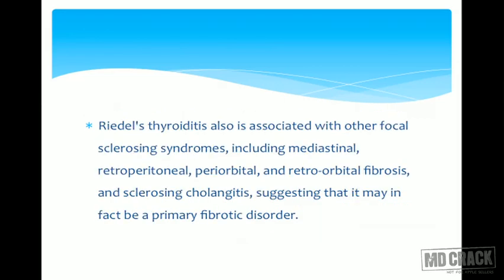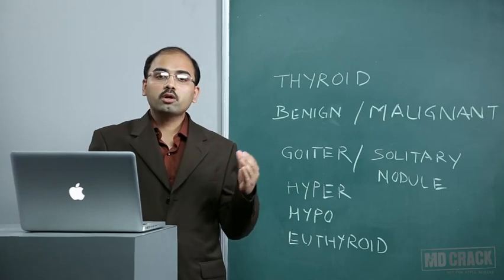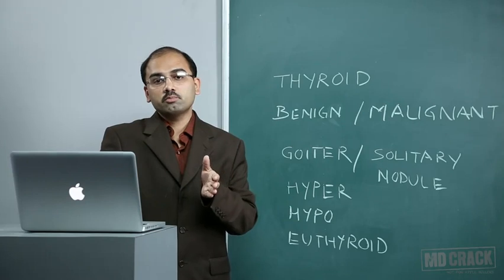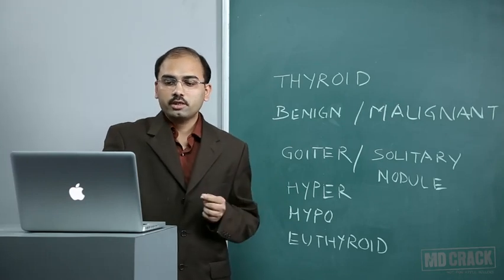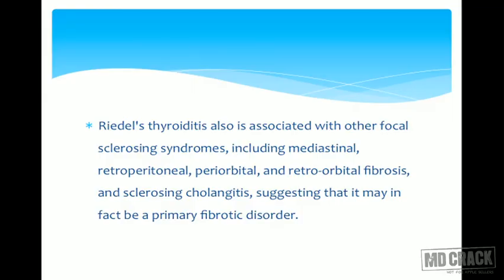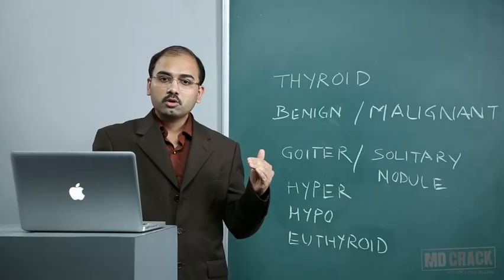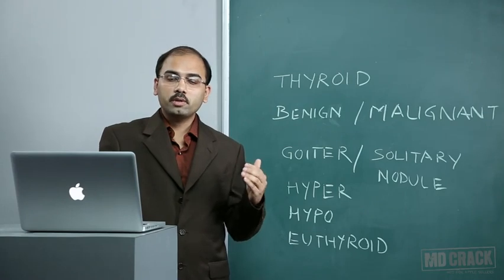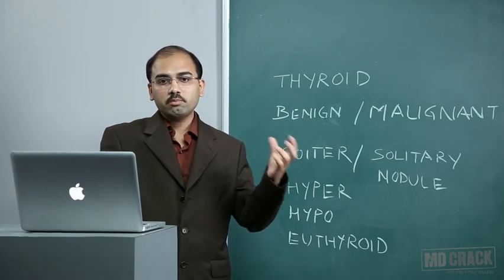Riedel's thyroiditis is also associated with other focal sclerosing syndromes such as mediastinal, retroperitoneal, or periorbital or retroorbital fibrosis. So whenever you have fibrosis in other parts of the body presenting with different symptoms, you should look for Riedel's thyroiditis. Patients may have sclerosing cholangitis, suggesting that it may be a primary fibrotic disorder. Sclerosing cholangitis that we have seen earlier in the hepatobiliary tree, the same disease can be presenting